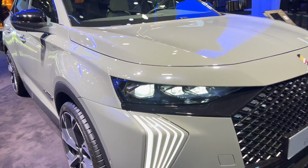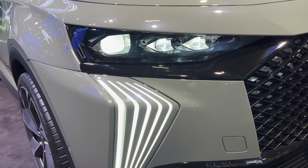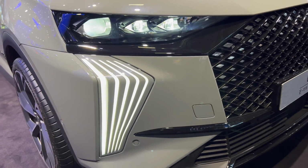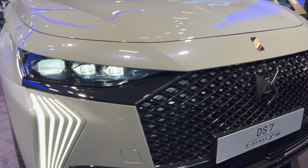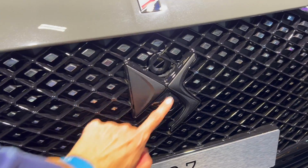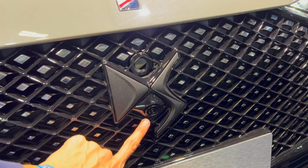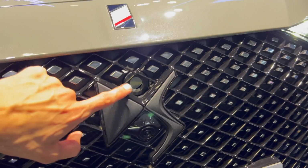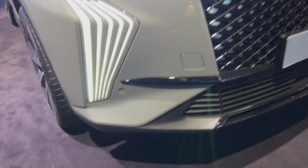If we come a little bit closer, no purple lights inside. You have 3 lenses. You have these daytime running lights that turn into turn signals. We have piano black with a lot of diamond details. DS here in black. You have the wide lens for the 360 parking, night vision camera, badge there, little unpainted